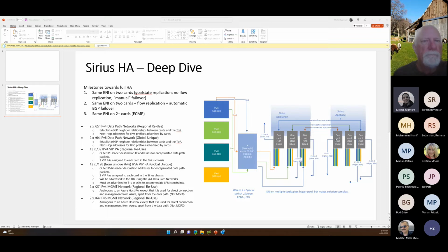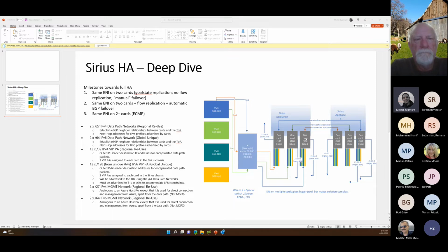So this is normal replication, and we want this to be working in active mode. So for example, if some VM1 sends some traffic, it should not matter if it lands on the card on the left-side appliance or the card on the right-side appliance. Wherever this traffic lands, from our perspective, it should be replicated to the other card. And we are thinking of the HA as enabling this in a few steps,